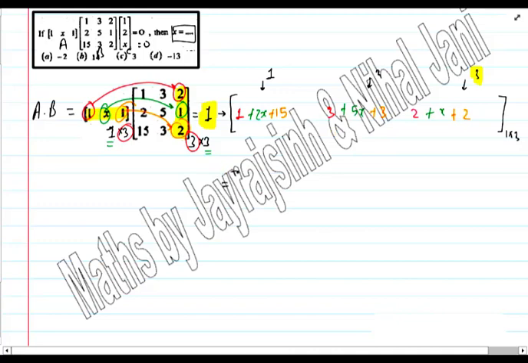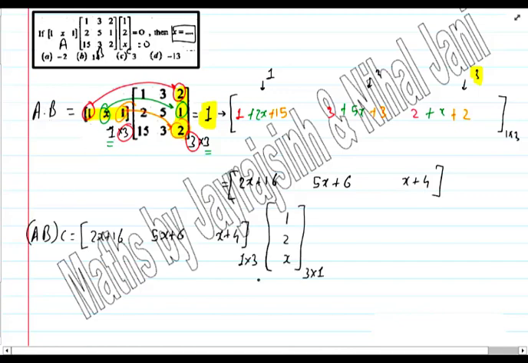So the resultant matrix will be 2x plus 16, 5x plus 6, and x plus 4, right? Now we have to multiply this AB with the C, and here they are 3 and 3. So we satisfied the condition, and the answer will be order of 1 cross 1. So we will have only one element, which will be obtained by multiplying 2x plus 16 with 1, which was